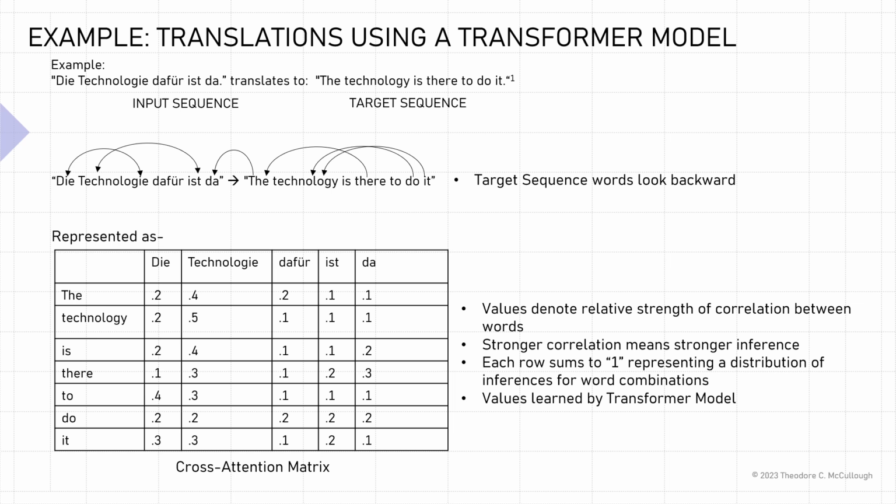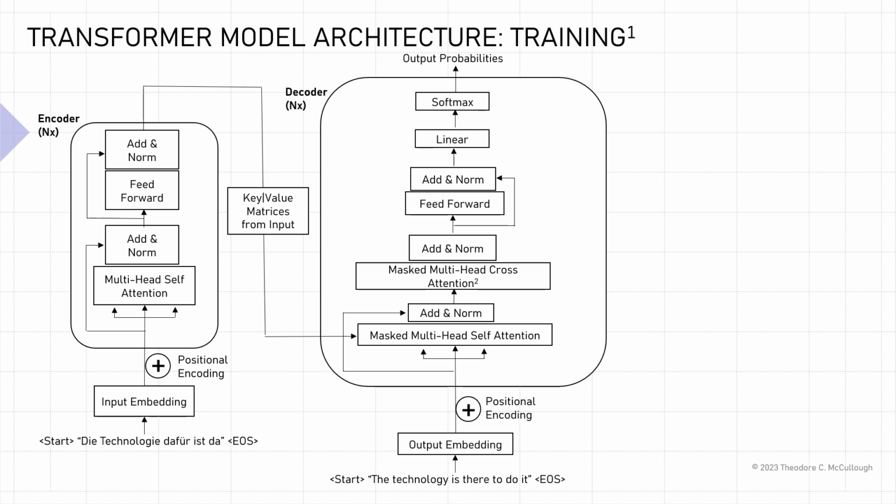And so we'll spend many of the next few slides talking about how you go about building this cross-attention matrix. Shown here is the architecture for the transformer model. This architecture is comprised of two parts, an encoder part and a decoder part. This encoder-decoder approach is common to other types of generative models such as VAEs.